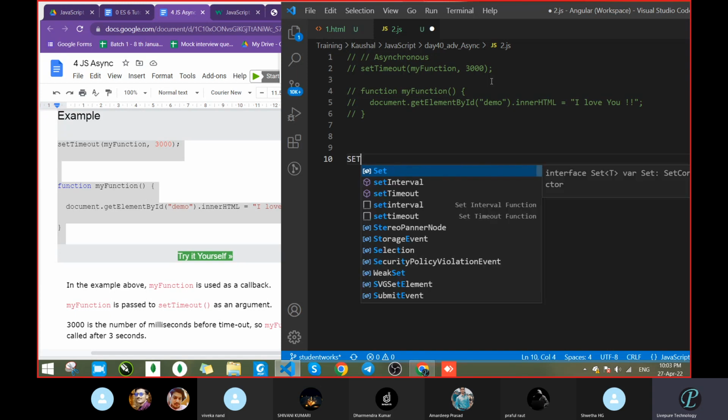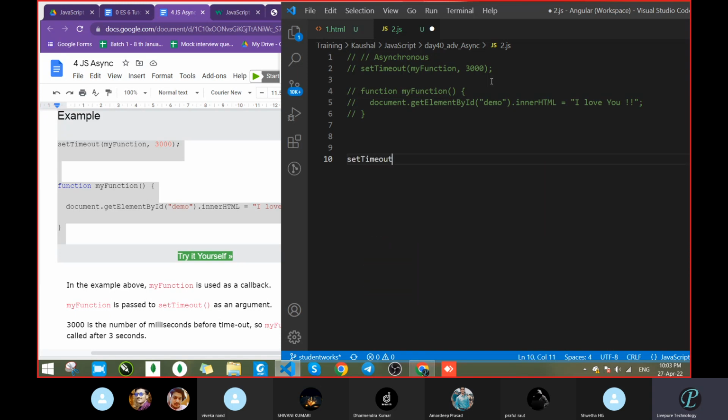So what are we writing? We are writing set timeout. Once you write set timeout, I was getting some more suggestions. Okay, so it is writing like this type. The sample example is this one. So see, set timeout: this becomes your callback function. Correct or not? We were already writing this thing in forEach. Yes, sir. So this is your callback, and here the timeout. You have to tell at what time you are going to execute this.